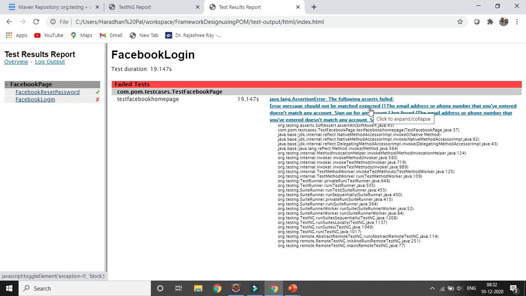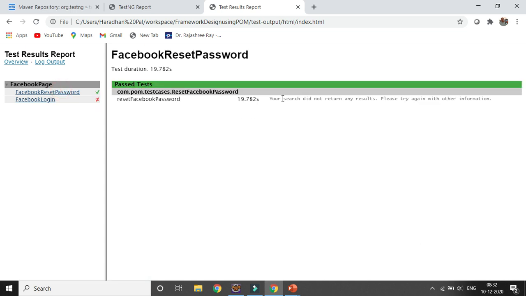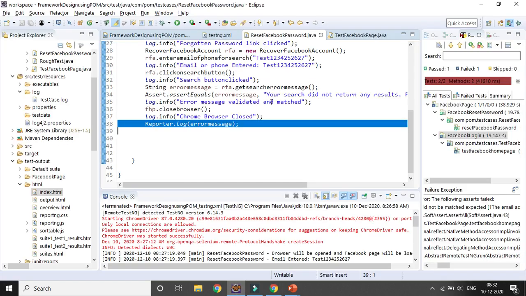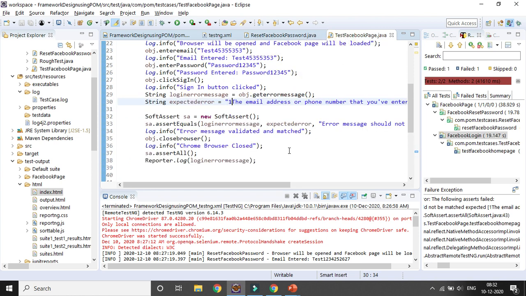So as and when a test case is getting passed or failed and a message is there, a screenshot will be added. Now I will show you how we can add a screenshot here. This message is getting displayed whenever a test case is getting passed. For the failed test case I want to add a screenshot. This test case is getting failed, and the Reporter.log login message is displaying.